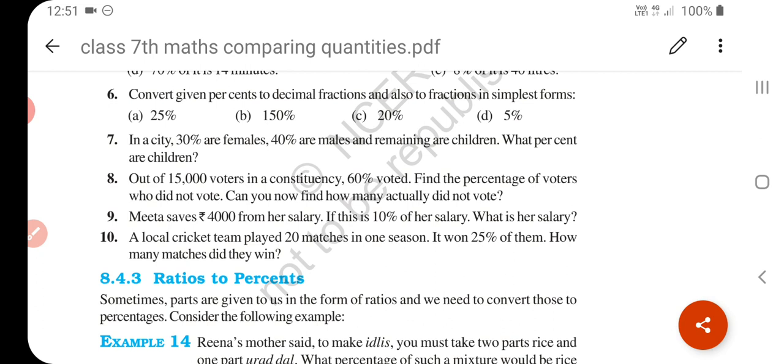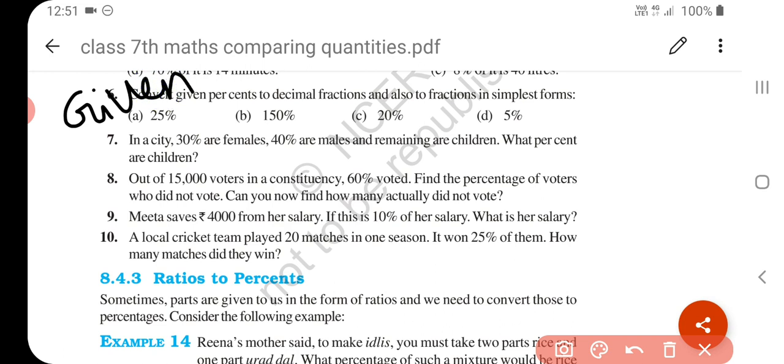First of all, what is given? Total voters is 15,000. What percentage of voters voted? 60%. You can write it: given data, total voters